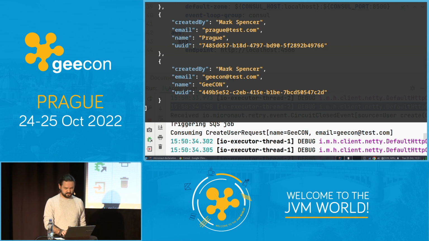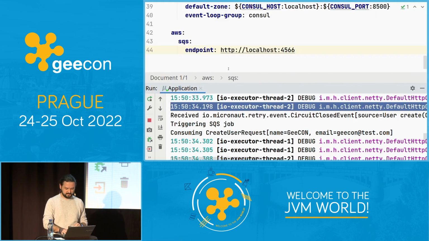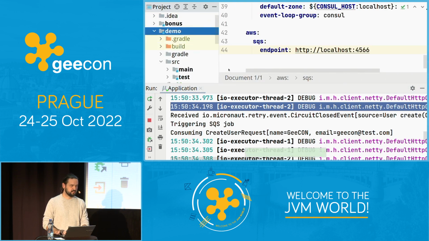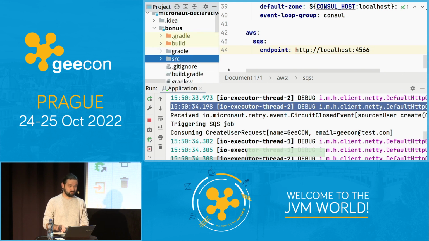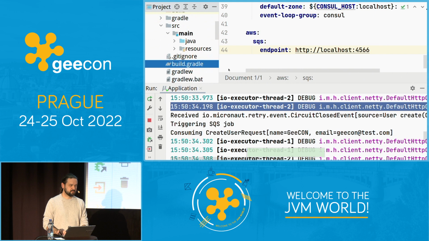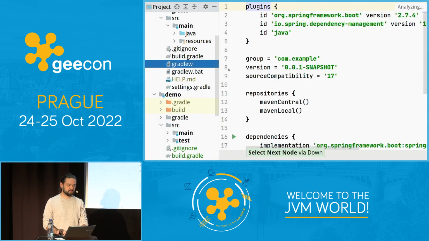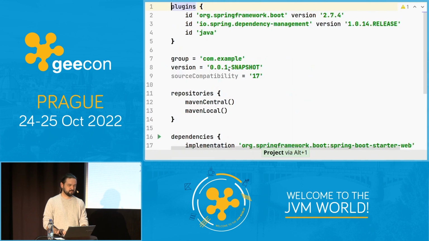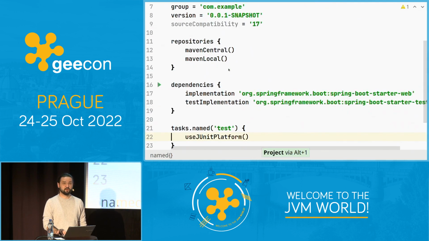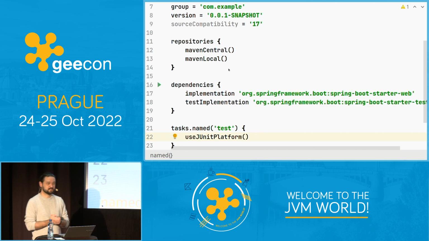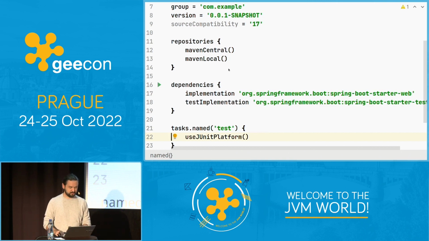I won't show you the bonus part. I can only reveal to you what the bonus project contained, and if you ping me on Twitter, I will show you exactly how to do it. Here what we have is a Spring Boot application, and the cherry on top was to use the same HTTP client with no changes, with the same circuit breaker in a regular Spring Boot application. But unfortunately,